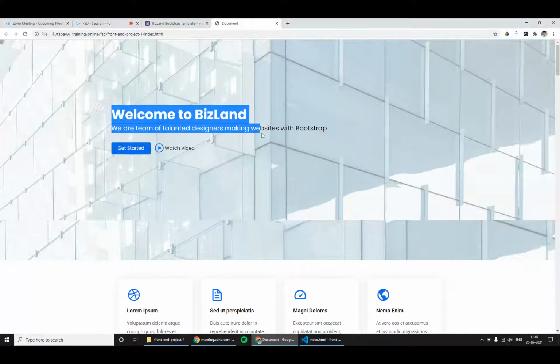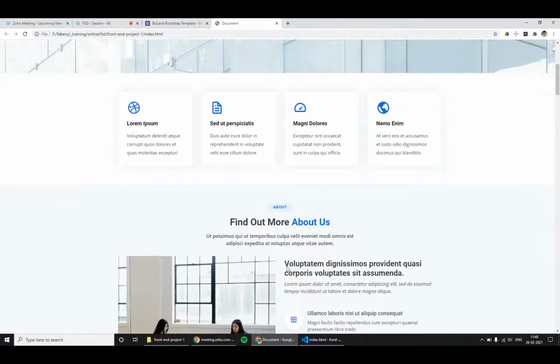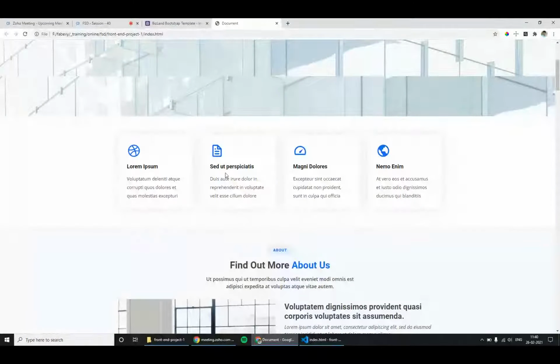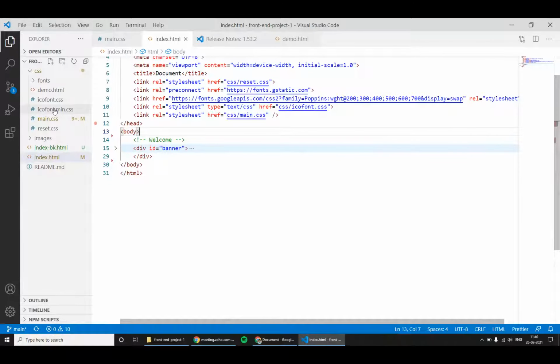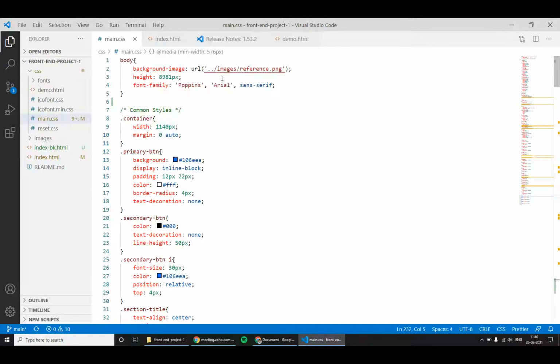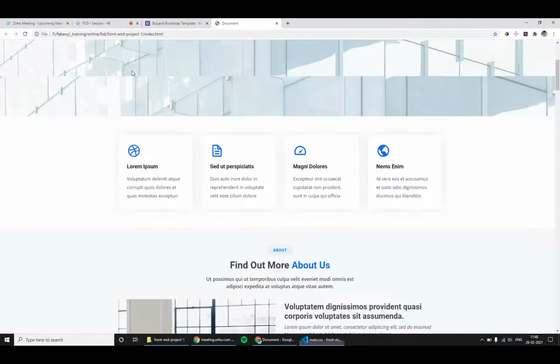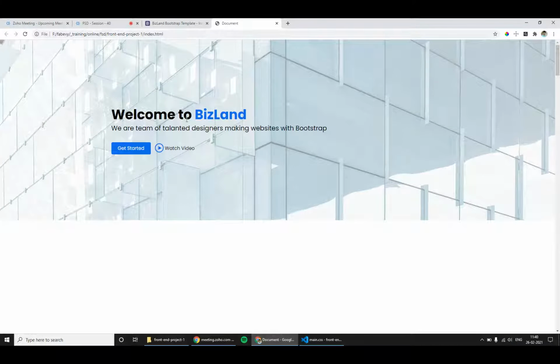Only my banner section is present and the background image is there, so it is giving some background image. So let me go to my style sheet and remove that as well. Now we will have banner section. Now we have developed our banner section for a large screen, but we need to do some gimmicks so that it will look good for mobile view.